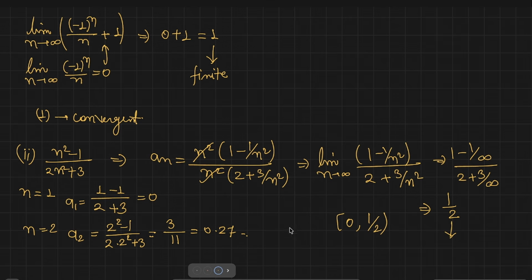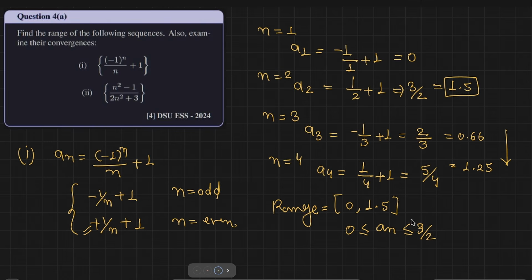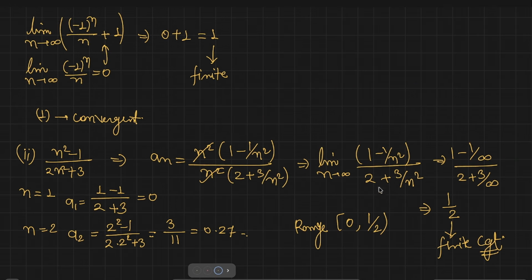And if this is basically the range of this series, one more thing, if it is finite, then it is convergent, in such a way that you can find out the limit of this one. One more thing, here it is 0 to like 3 by 2, that you can also get from the limit, but here you have to identify this thing. In this case, because this was the alternating case, now it is not the alternating case, it is the limiting case. You can check the upper bound of the series, what is basically the upper bound, then you can easily find out the upper bound of that. Okay,